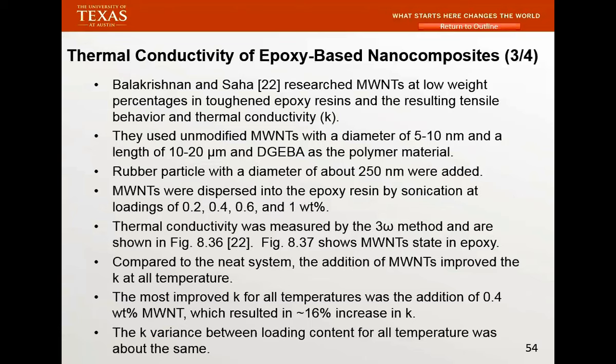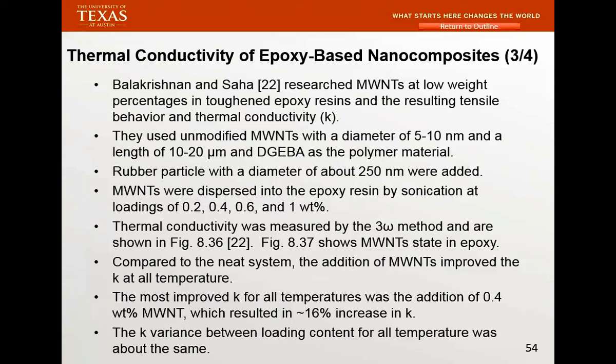That's exactly right. That's why I'm saying that everything people put in the system has a reason. Rubber particles are well known to give you toughness. Epoxy is very brittle. Those are the things you can start reading about and learning. Why do they do it? Well, they want thermal conductivity. That's why they put in multi-wall carbon nanotube. They use 2 to 1. They don't know enough about that, which is why we do a low study. We do the same thing.